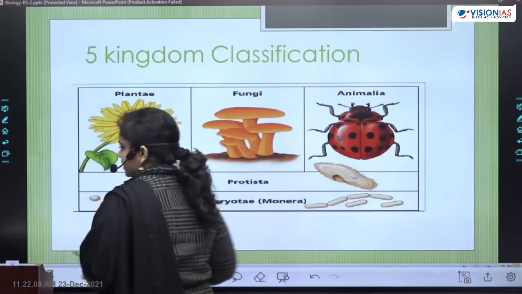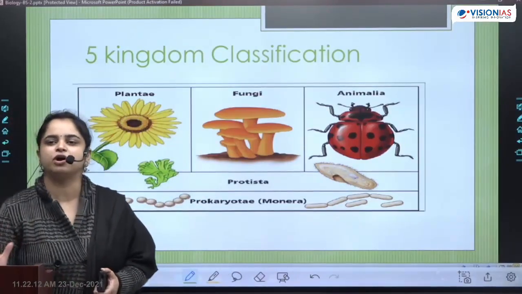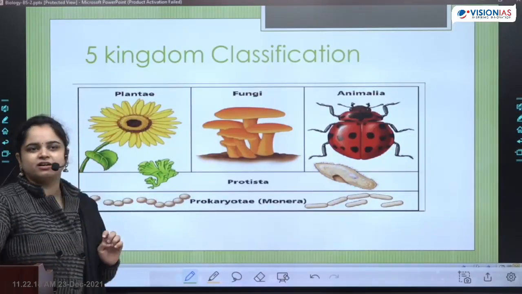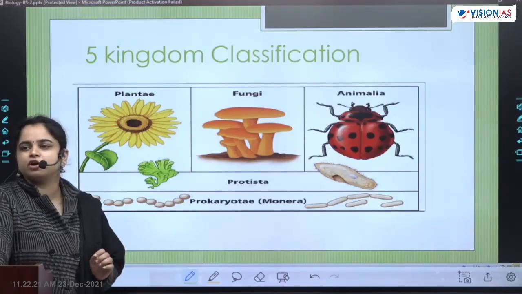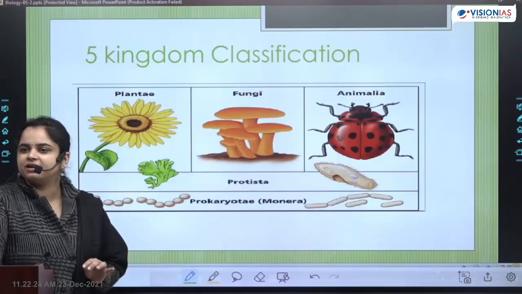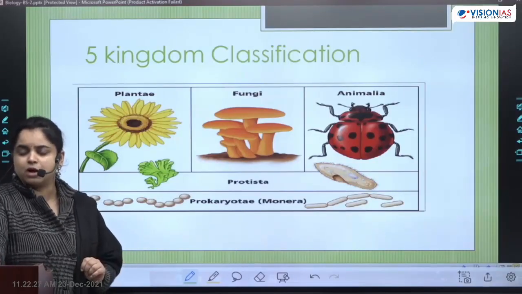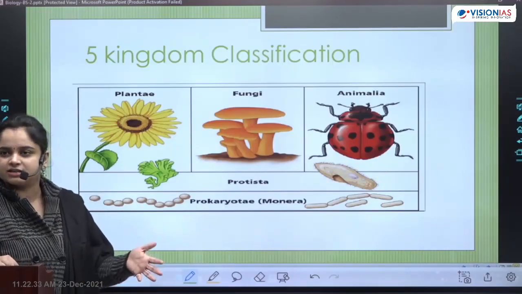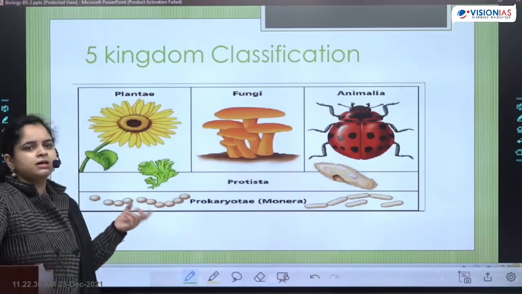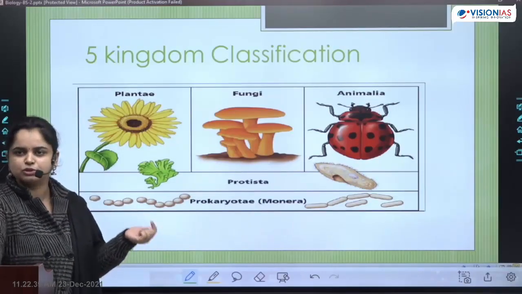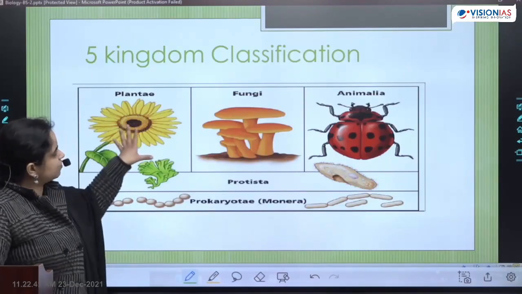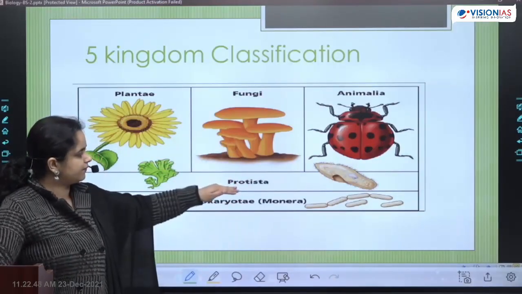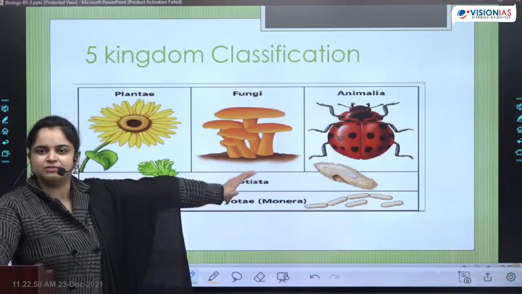The first thing which we are doing here is we are dividing all living organisms into 5 categories. This is called the 5 kingdom classification. All the living organisms, we are going to divide them in 5 basic groups. Now again, there are many other types of classification. Different scientists have developed different categorization, but this is the most simplest, easiest and most widely accepted. Okay, so we will talk about these groups. You have the plant, fungus, animal. You've heard these terms. Then you have protista. So in this, your amoeba, paramecium, that group is there.